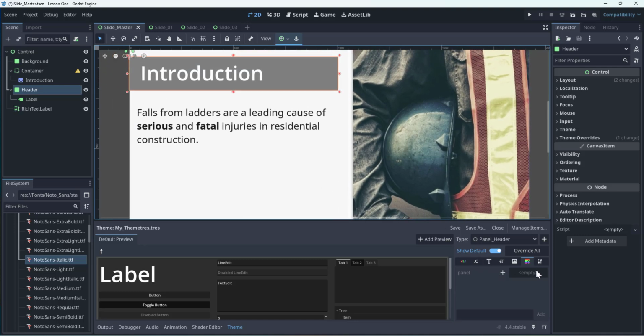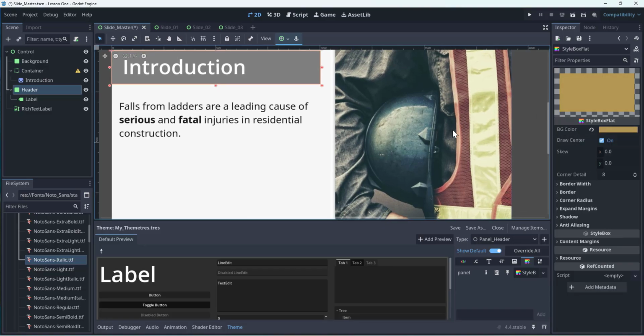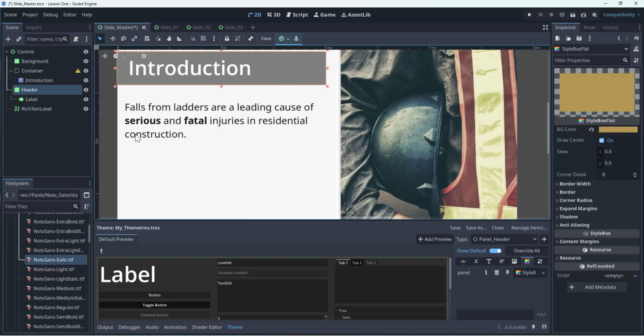So let's create a new background for it. Click on the plus sign, and then click on Use Style Box Flat, and then select that. So what we're going to do is create a yellow, or, let's just leave it here for now so that we can change it in a little bit. All right, so you can see that it's not changing because what we're affecting is the panel header, not the